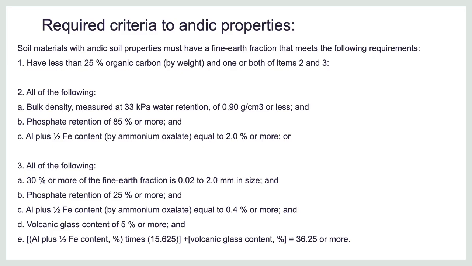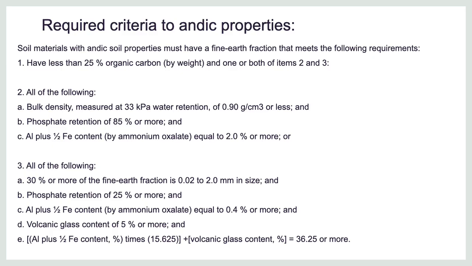So I cannot identify a horizon with endic properties which has more than 25% of organic carbon, or equal to 25% of organic carbon, okay? And these two are optional, but I need to fit at least one of them. That horizon that has endic properties should fit, okay? The first is a bulk density, measured at 33 kilopascal water retention, of 0.9 grams per cubic centimeter or less. So I should register a very low